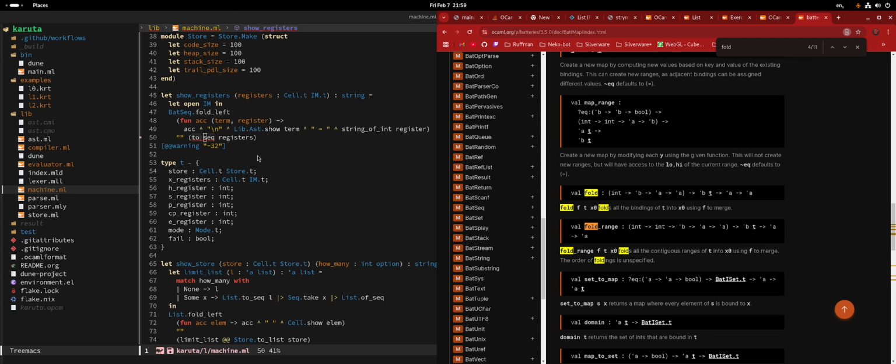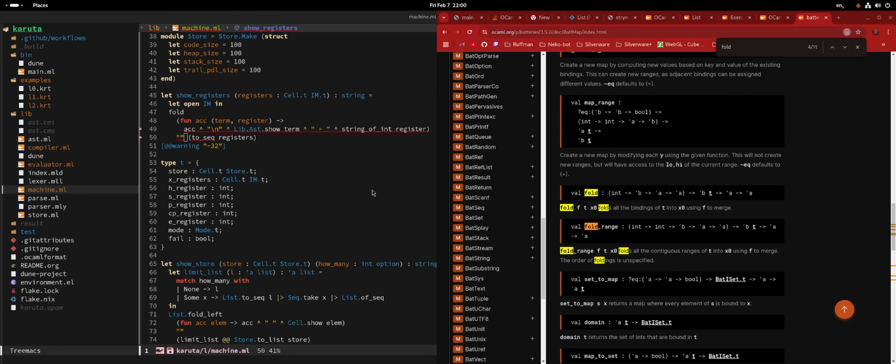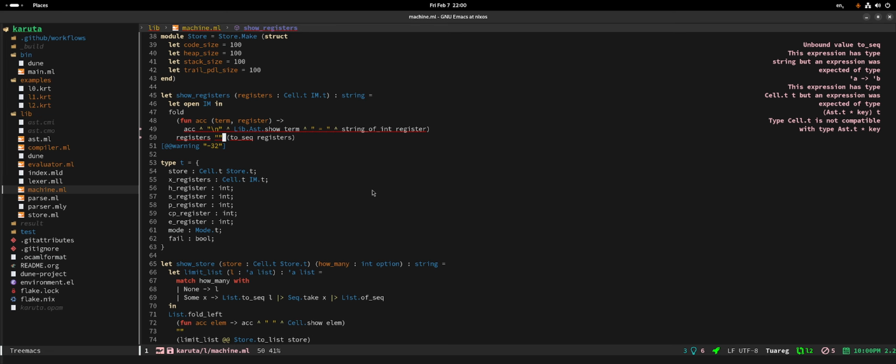Let's see. Instead of doing that, what we can do is just fold with a string. Fold with a string as the accumulator, like concatenating. Yes, I guess that works. Okay, so that will be fold. What's the order? Then comes the function, then comes the map, and then into x0. So yeah, the accumulator comes here.